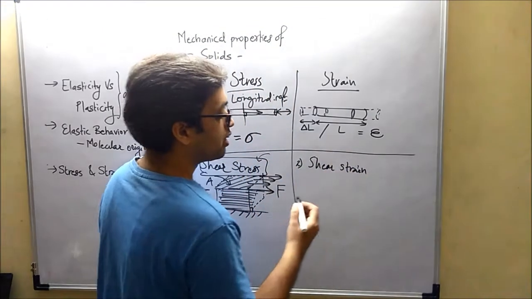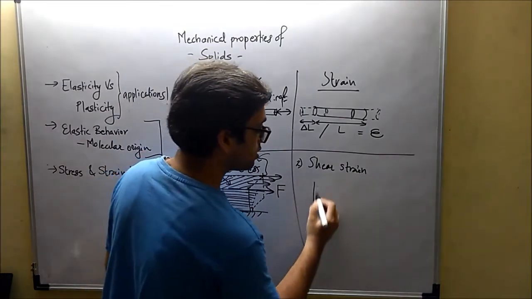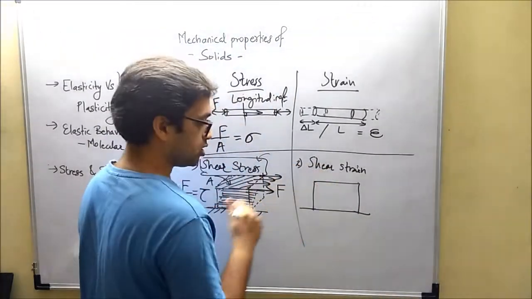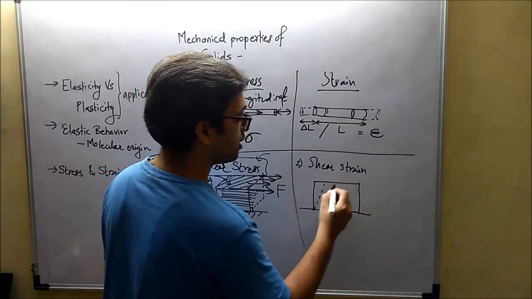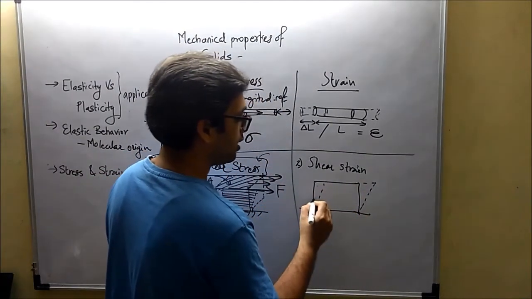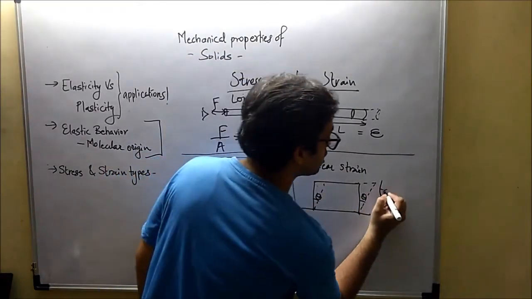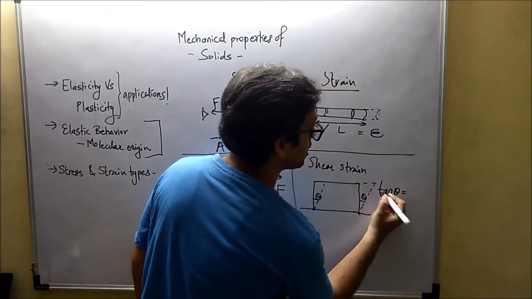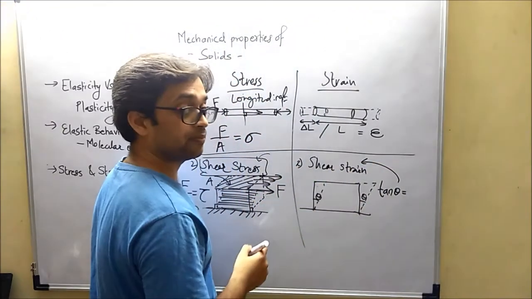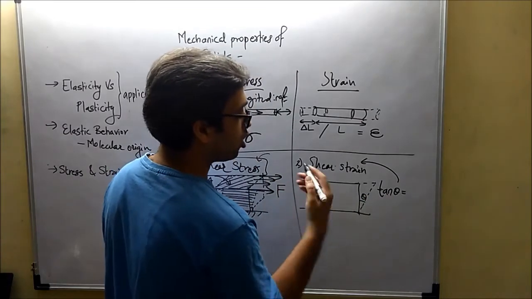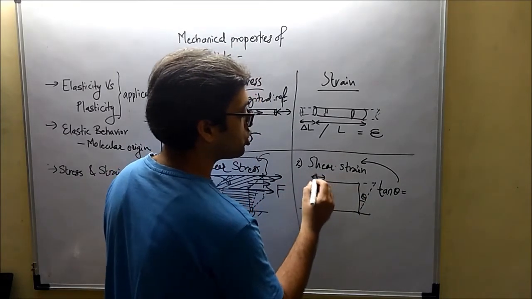And shear strain is defined as, in this case, this was the original position, the original orientation of the box, and the box bent in this direction at an angle, let us say theta. Then in that case, tan of this theta is denoted as shear strain. So shear strain is given by tan of this angle theta,